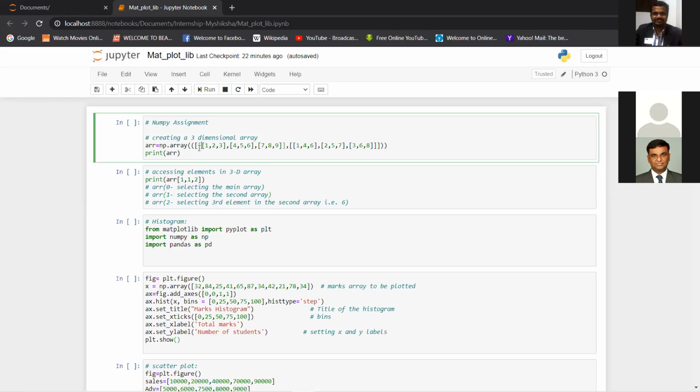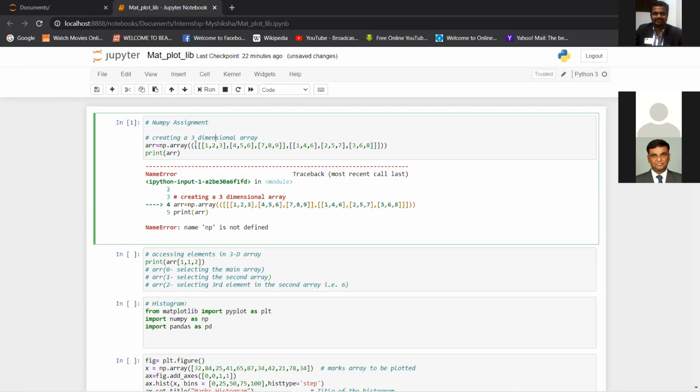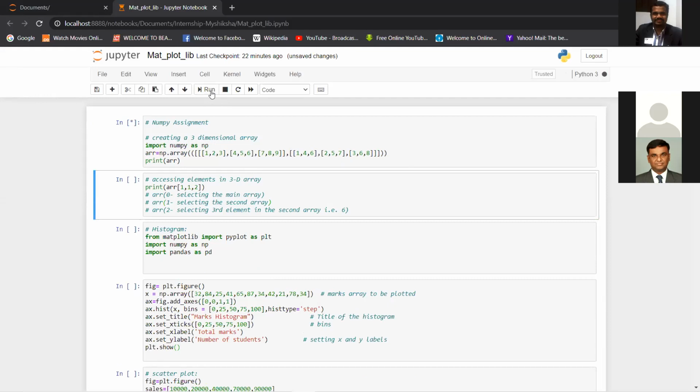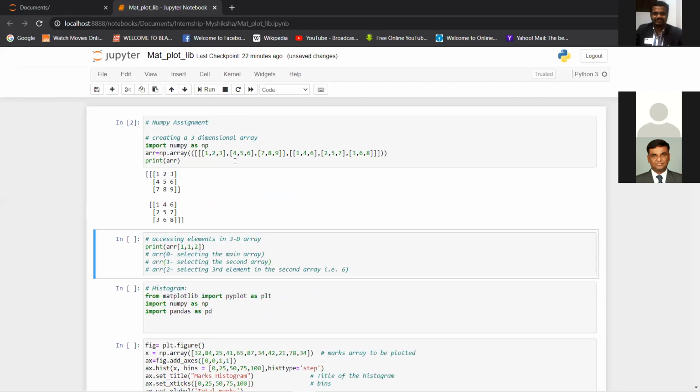So how it is different, let me first run this and show you. Before running anything, you have to import the library. Okay. So we saw two-dimensional arrays, right? Now this three-dimensional array contains two-dimensional arrays. So that's how the third dimension is getting added. You can visualize it as a 3D cube where it has a number of two-dimensional arrays.